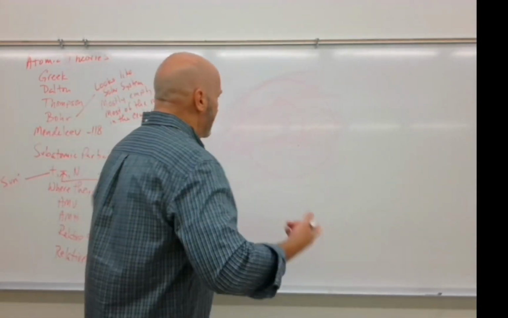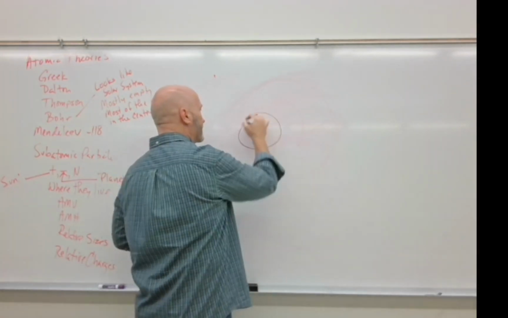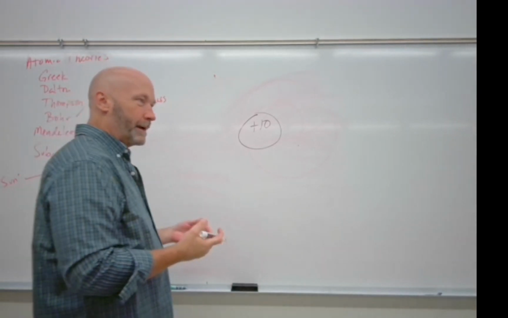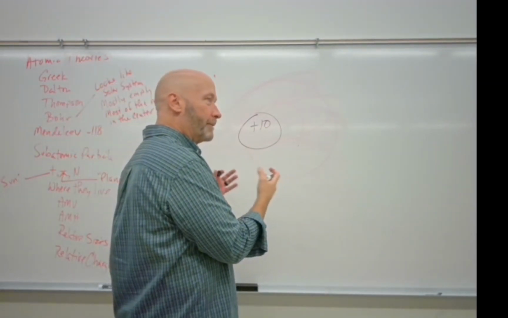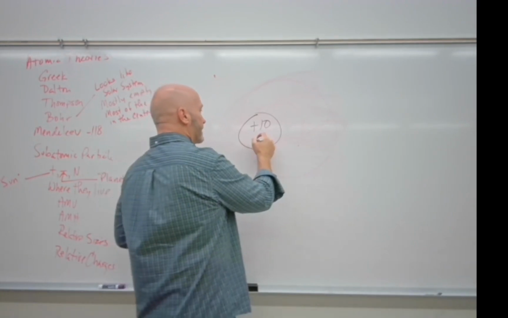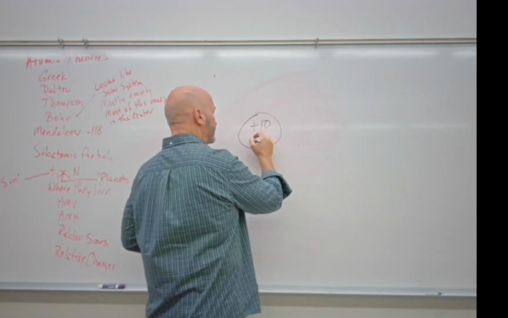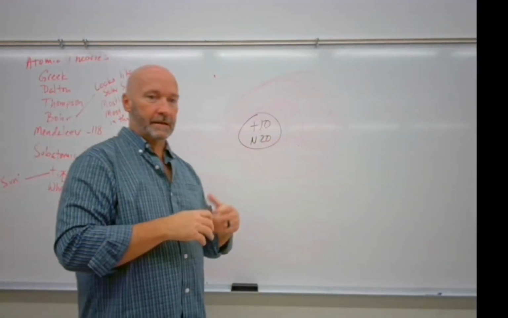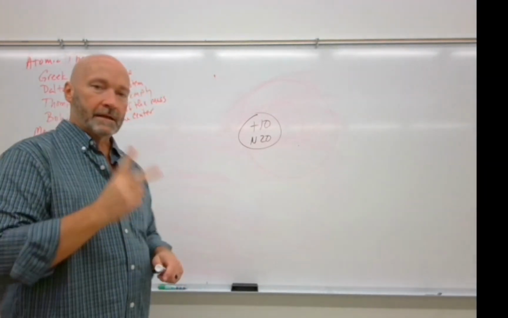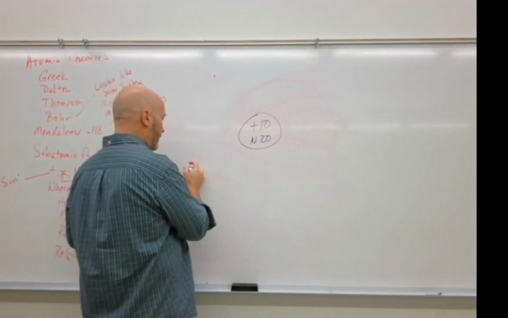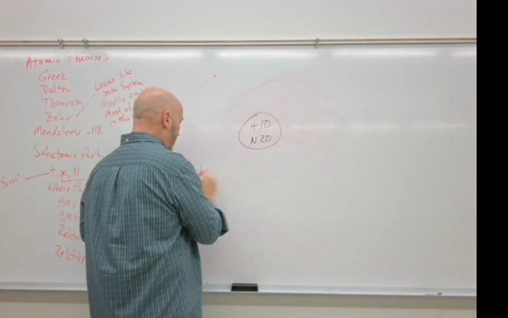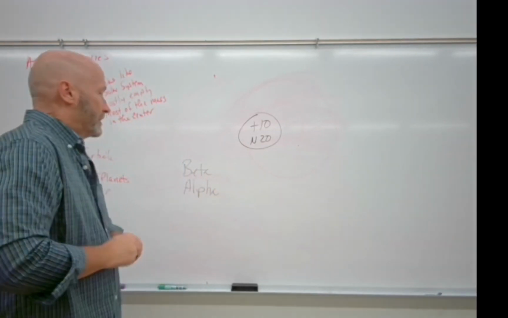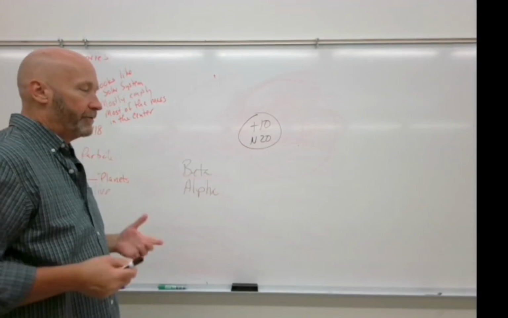So let's say we've got an atom and it's got 10 protons. Now, protons in this case really don't matter. Well, they will matter, but they don't matter for radioactive decay. Now, let's say we've got 20 neutrons. So our neutrons are 20, and let's say it's unstable and it's going to undergo radioactive decay. It's going to undergo that in one of 2 ways. We're going to have beta emission or alpha emission. All right. So we're going to start with alpha emission.